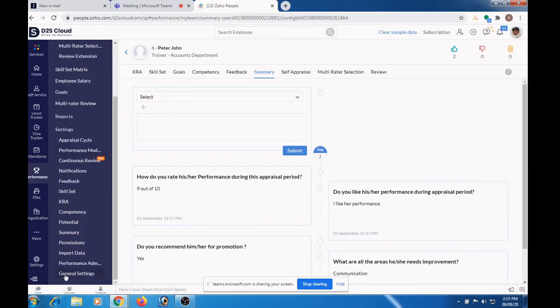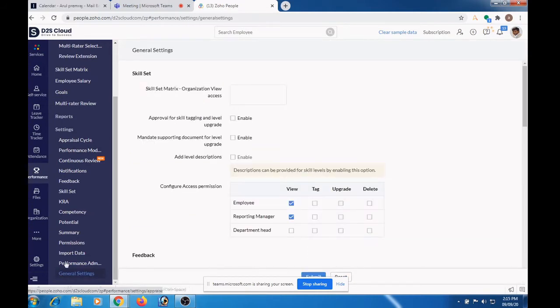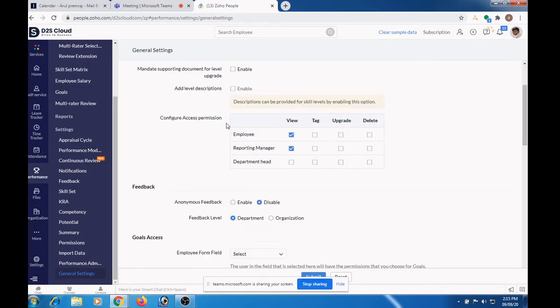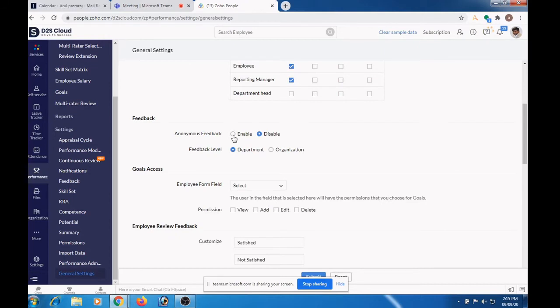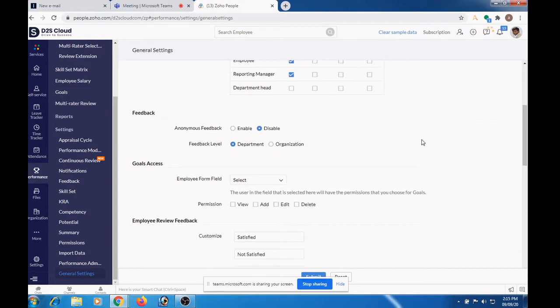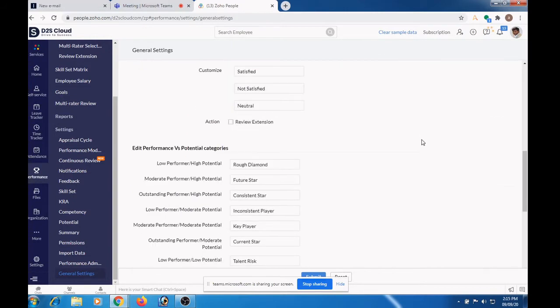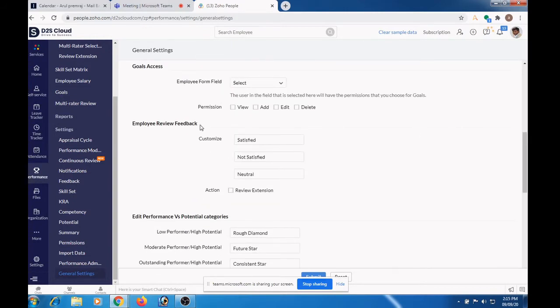So next, let us go to general settings. Here you can configure the access permission, and if you want to enable anonymous feedback, you can enable this. Here you can configure the normalization period.